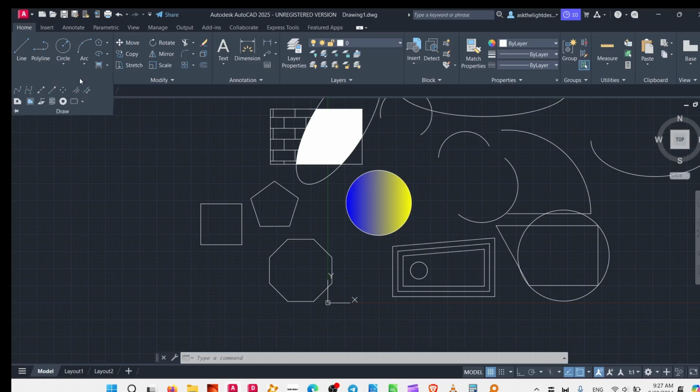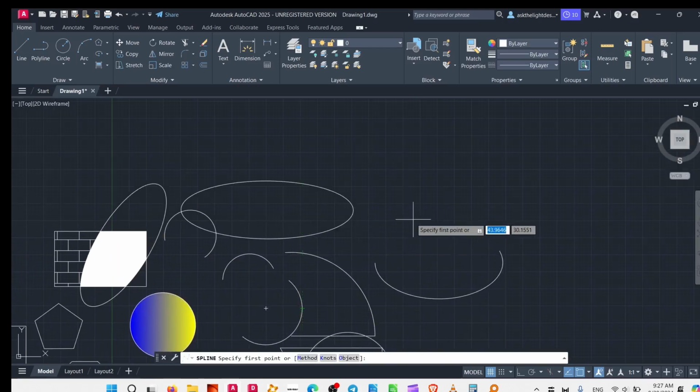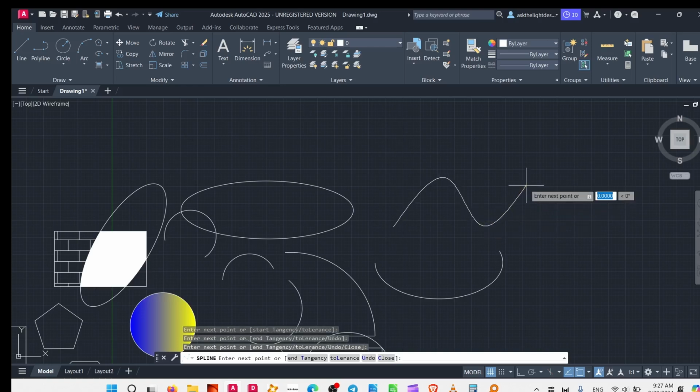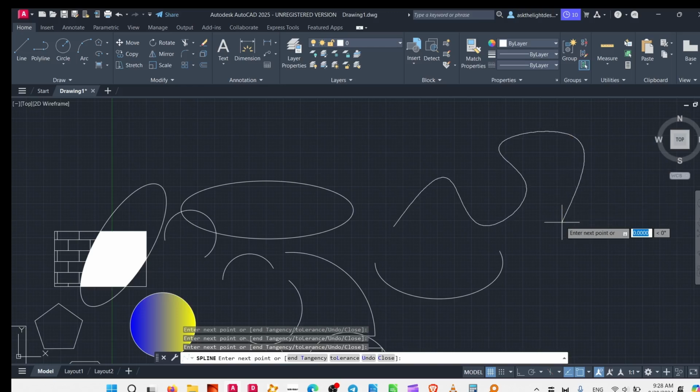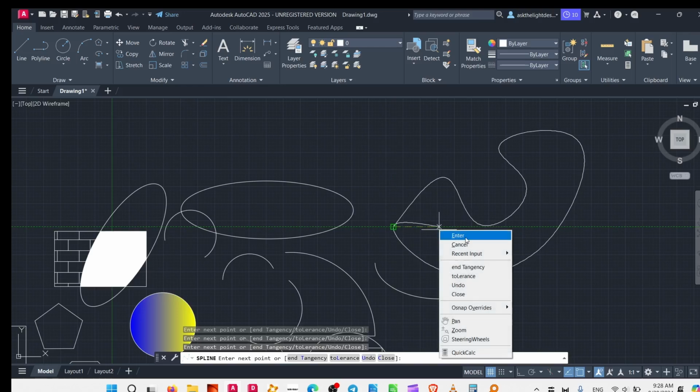So let's start with the advanced commands, and as you can see over here, the first is a spline. Spline is a curved line, so this is very good for creating different graphs where you can just click on certain points and show how it is moving, or you can use it to create asymmetrical shapes, and these are very good for creating certain drawings